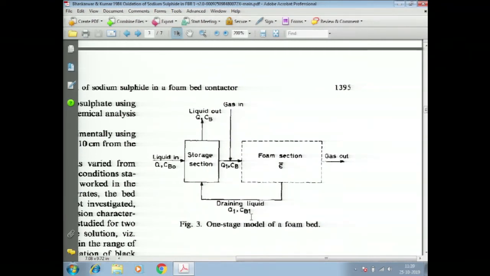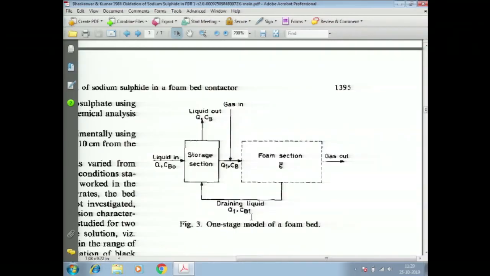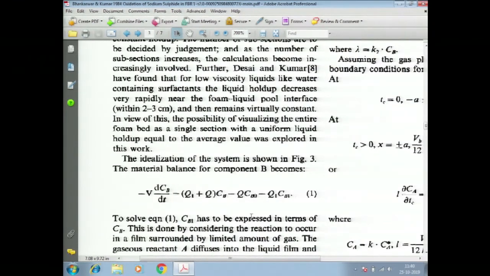Now, along with the flow through the Plateau borders, actually speaking, films and Plateau borders are one. We are artificially distinguishing these two regions because the flow is through the edges. So far, everything clear? So, let us look at this overall material balance. You need to look at this equation.